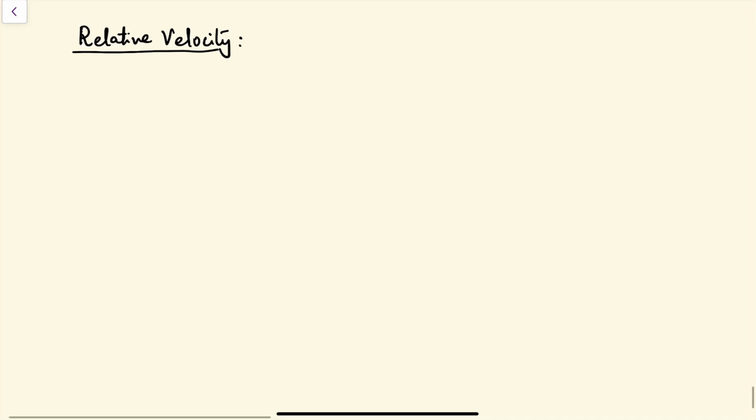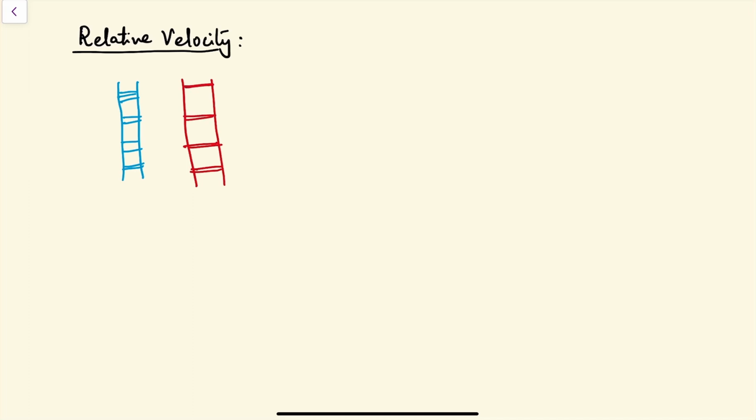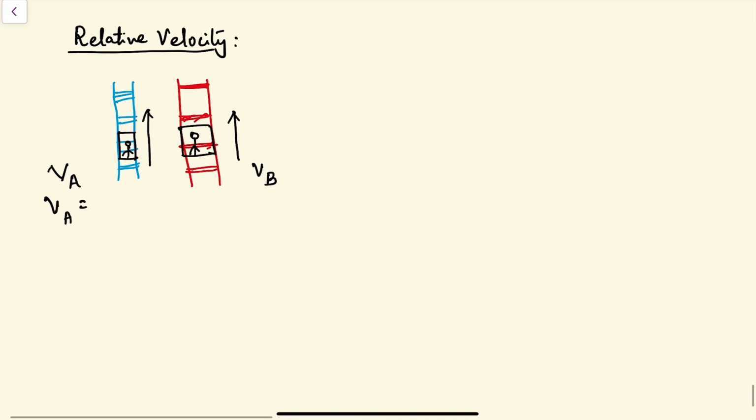Suppose there are two train tracks, right? So you are traveling in one train, and there is another train which is going. Both are moving in this direction. Suppose this is the velocity of A and this is the velocity of B. If the velocity of A is 20